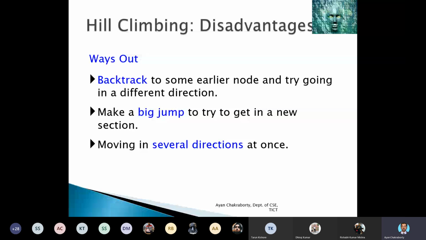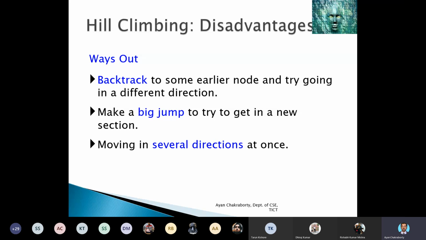For example, say A and C are both with the same value 2, and A has an adjacent node, say D, and C has an adjacent node, say E. To overcome the plateau problem, we can jump from A to E or A to D, directly jumping over, say, C. We can jump over to the next via media node E.